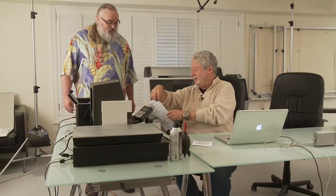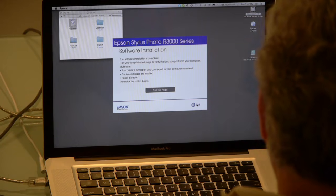Congratulations, you successfully installed your Epson printer. You know what? That's one of the smoothest installs I've ever done. They've really refined this nicely. Now you can hit exit. Okay, let's take out the...